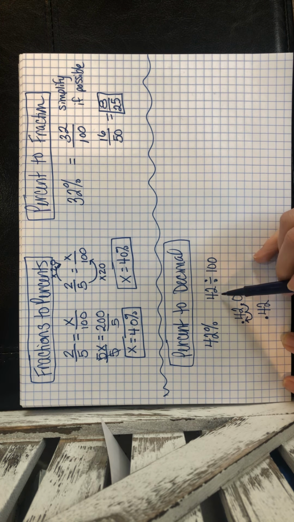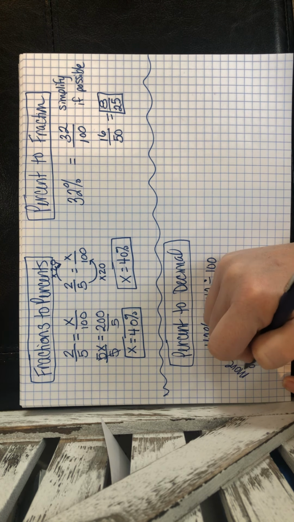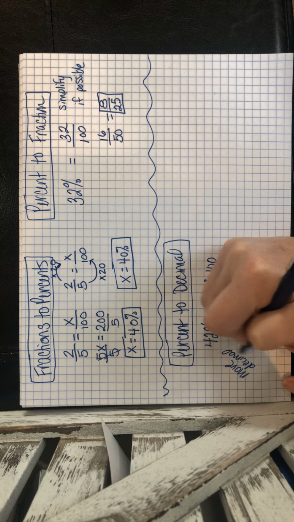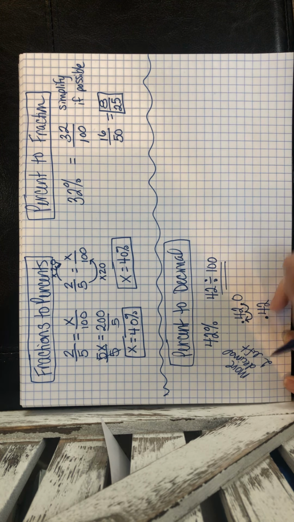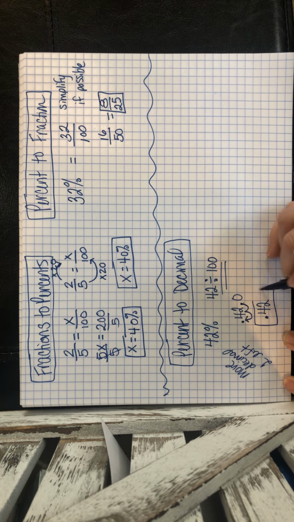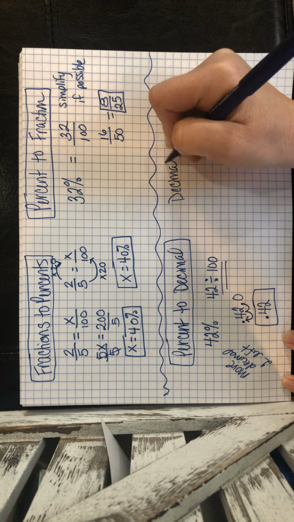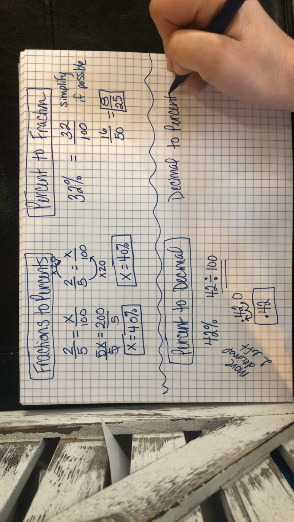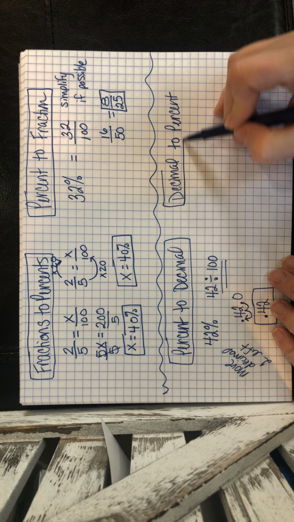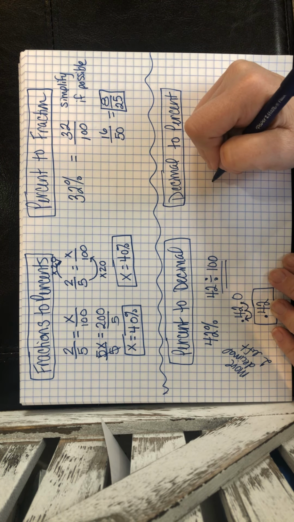So you can either divide by 100 or move the decimal to the left. So 2 places to the left. So that would be the answer for that. And then decimal to a percent. So when we do a decimal to a percent, this one, if we have, for example, let's say we have